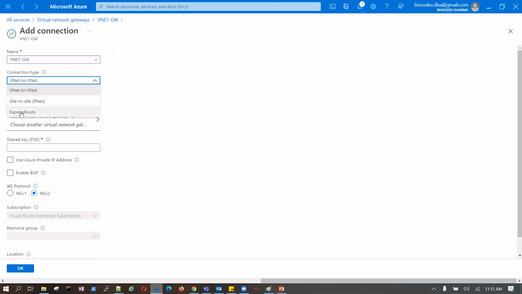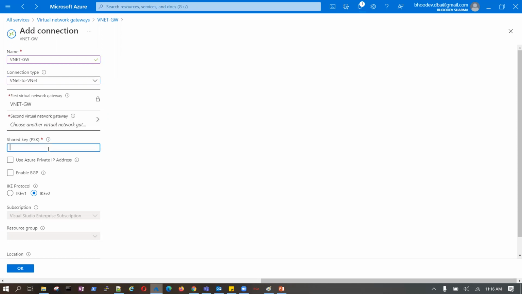So which will be this one? If we are taking this on-prem, this will be site to site or ExpressRoute. If we are using the transit gateway, then it will be VNet to VNet. It's not with peering. Okay, it's not with peering. It will be with the transit gateway. So we are taking, let's say, VNet to VNet.